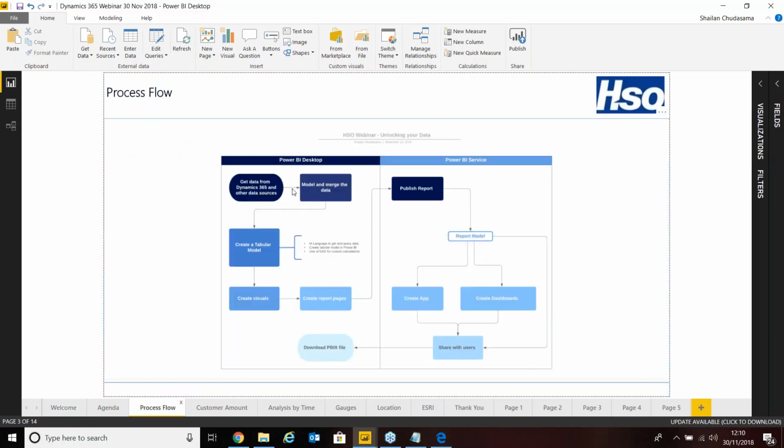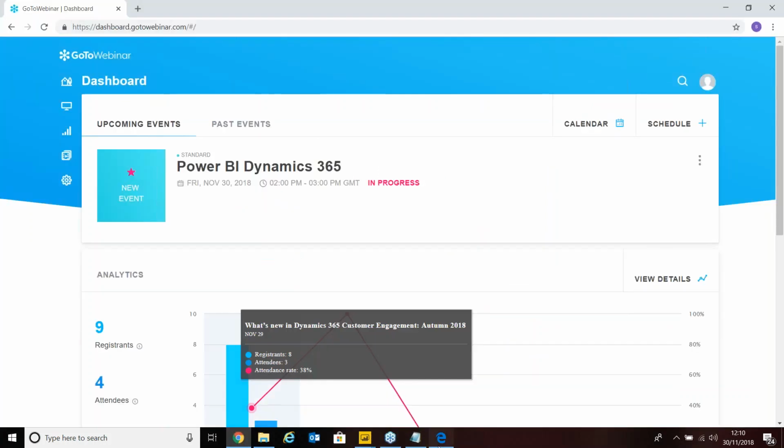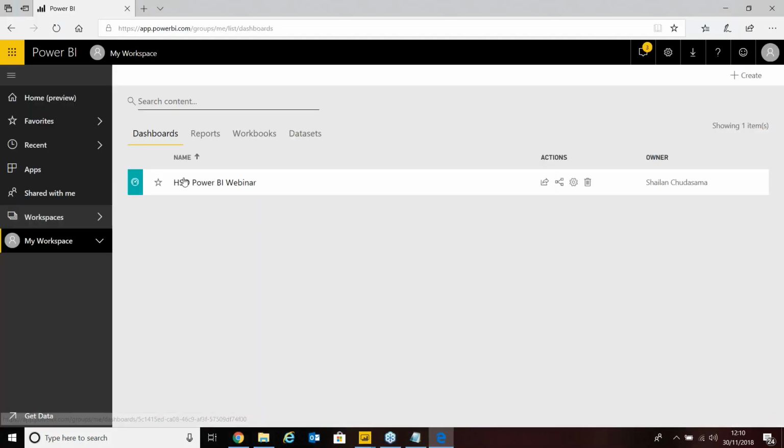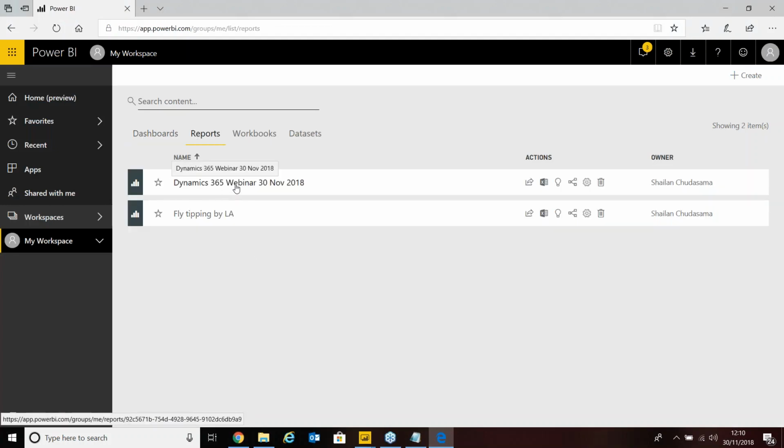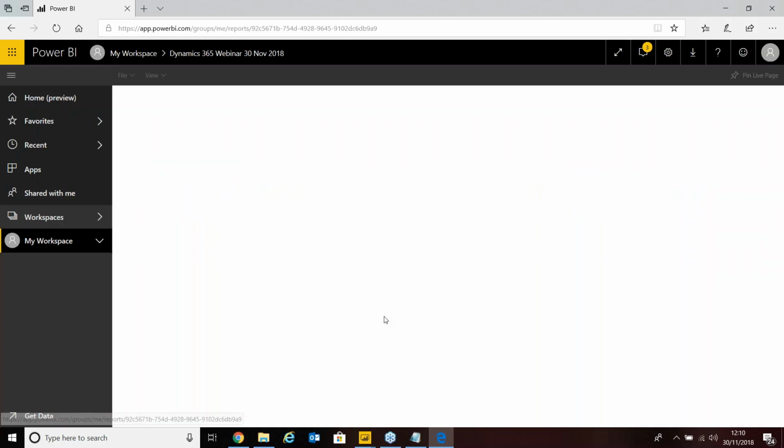So we've been around there, we've created the data, we've published a report. The final thing I did say I'll show you is we've shared it with users, downloading it from the service. If I go back to our service and select the report, if you click on one of these reports, that's the one that we're on, we can actually say